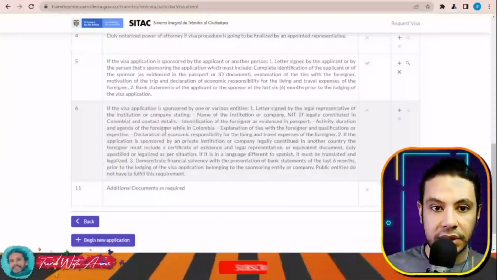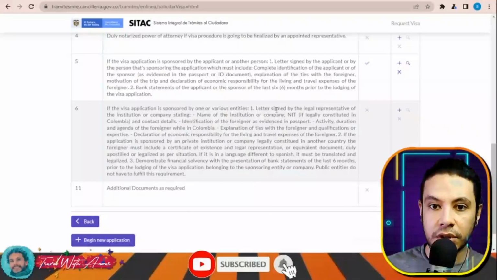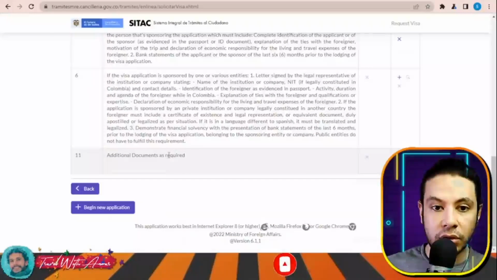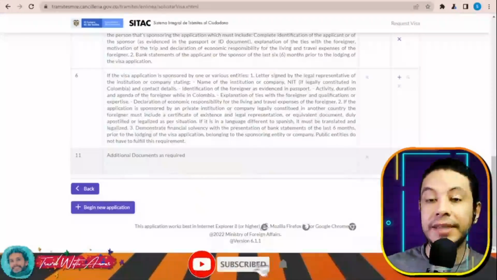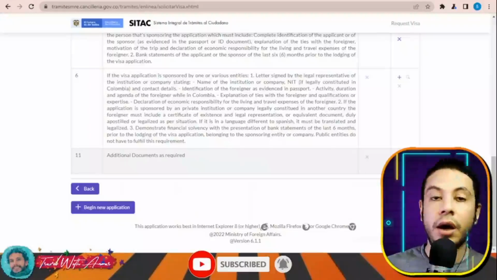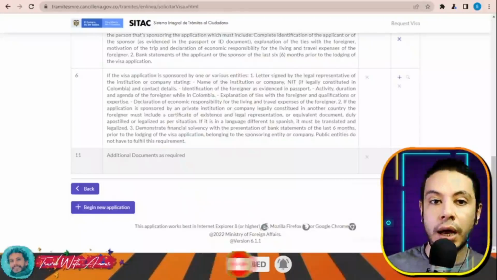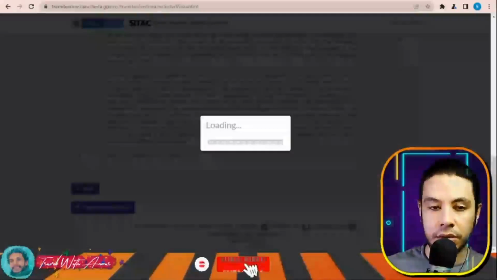Okay, and if the visa application is sponsored by a legal representative, no. Okay, additional documents as required. If you have any additional documents like tickets, hotel booking, you can also provide it here. Then click continue,